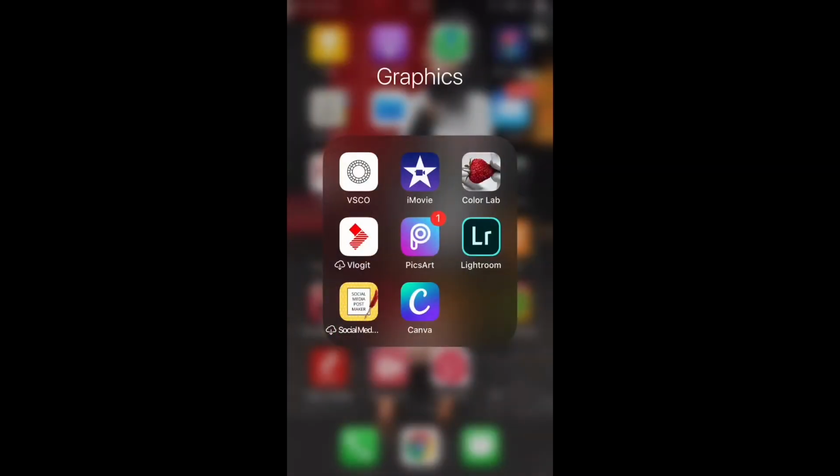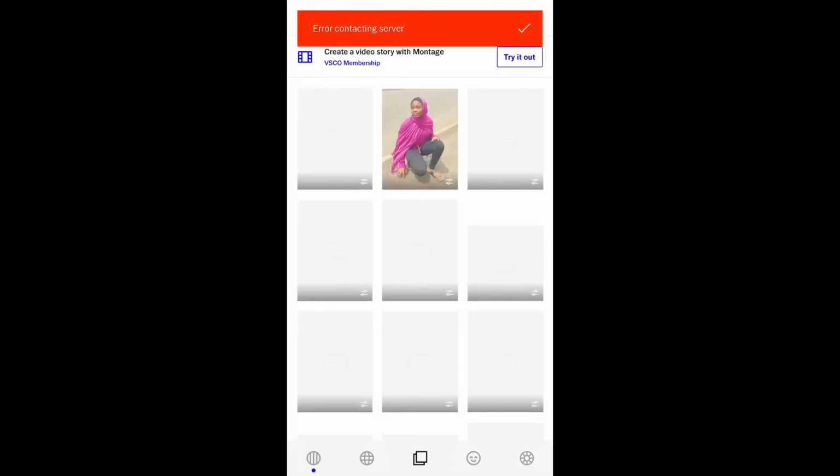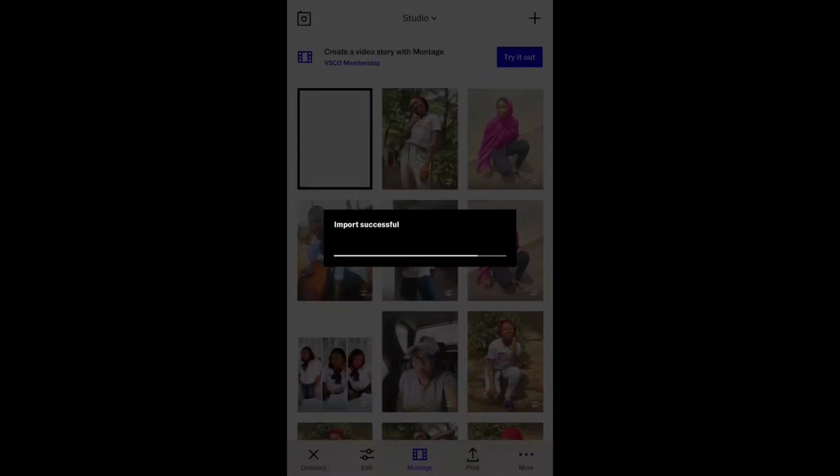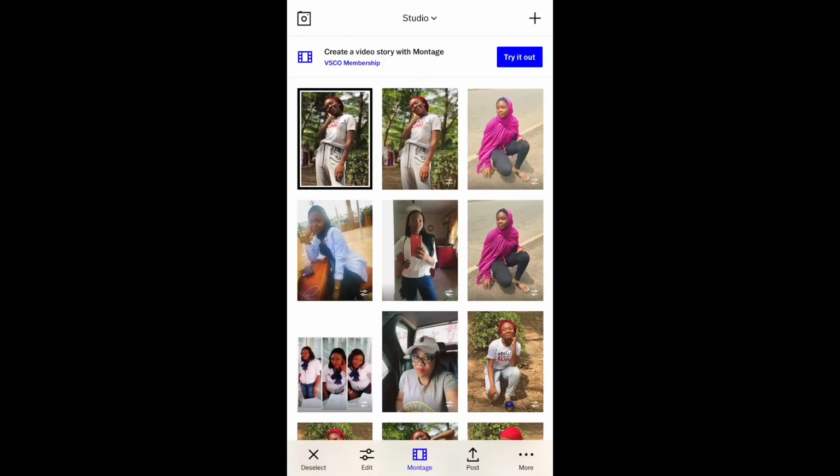So the apps you need are VSCO, sometimes I call it VSCO or VSCO, I don't really know how it's pronounced, but you need that, and then you also need Lightroom. The first app I'm going to use for stage 1 is VSCO. So I'm going to get the image. There it is. Import that. Use the plus icon to get it, and when it's imported you click on edit,